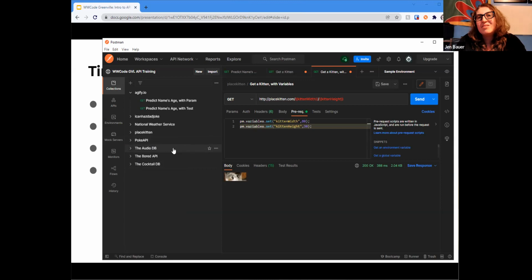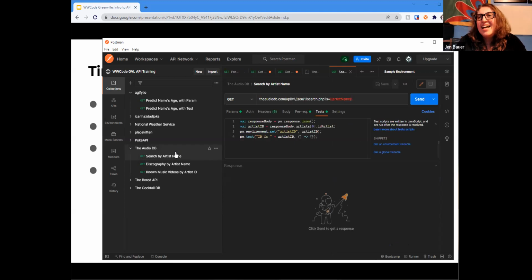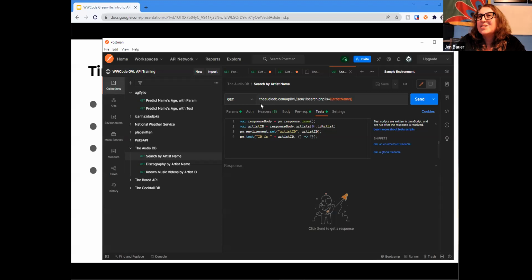The next request group that I want to show you guys is the audio DB. And I have 3 requests in here, and I have just a little bit of smarts going on to essentially set and verify a particular artist's name based on an environment variable. So let's see what I have in here. You guys should notice here, this artist ID, I picked out this particular number. I've actually forgotten which artist this is, so we're going to find out together. But I was able to find someone and track them down here. But essentially what we're able to do is put in,